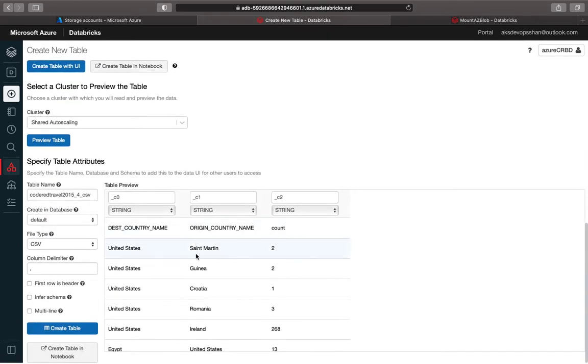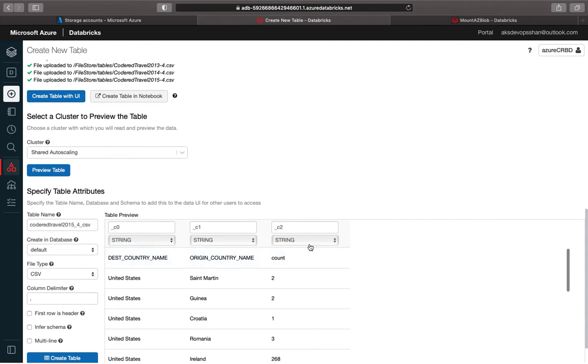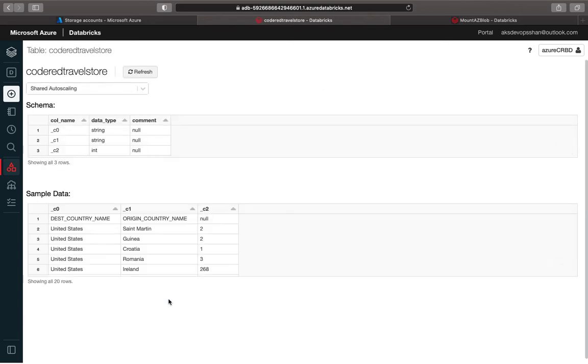And this is how your data is going to come up, and it's going to sort the data for you. It gives you the preview of how it looks. If you see any discrepancy, you could just change the data type as well. In this case, the count is considered a string. We would like to convert it into an integer, and the file type is CSV. We're going to name it as the travel store, and we are going to create a table. Now once it has created the table and given us a preview of our data, we're going to go back to our